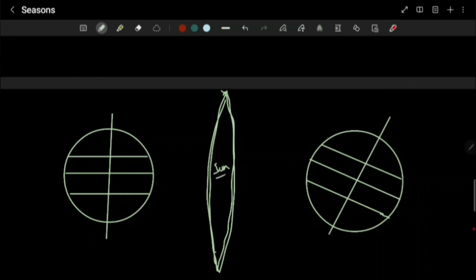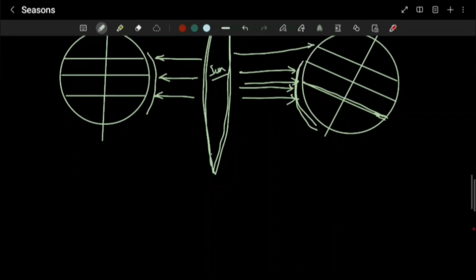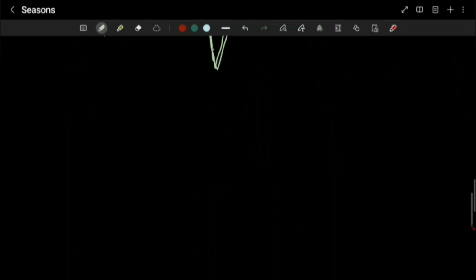This is the sun. So here you can see, if the earth was not tilted, then all the rays would be directly overhead and every part would receive equal amount of sunlight. But because the earth is tilted, here the Tropic of Capricorn receives more sunlight than the Tropic of Cancer, because the southern hemisphere is closer to the sun here, as you can see. So this is why different amounts of sunlight is received by different parts of the earth due to the tiltation. Now let us see